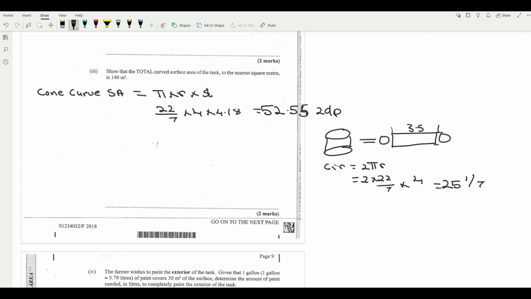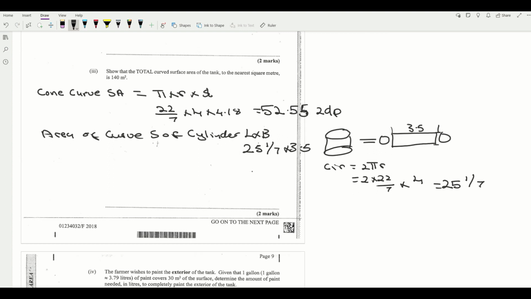So my area of the curved surface of the cylinder is length times breadth, because it's a rectangle, which is 25 and 1/7, right? 25 and 1/7 multiplied by 3.5,